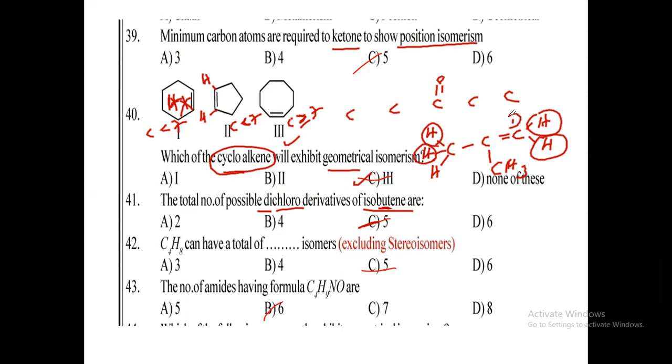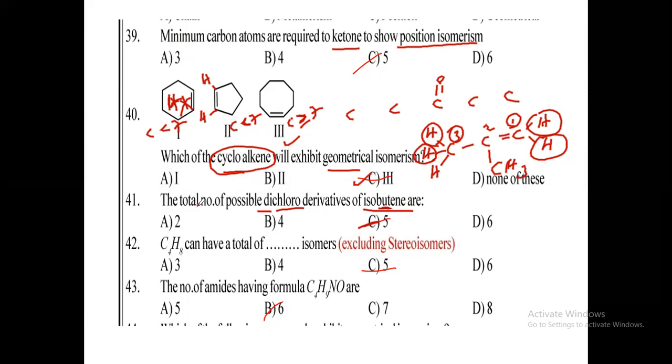Because number 1 carbon will be this one. Number 1, number 2, number 3 suppose. 3 carbon atoms in the parent chain, and 3,3-dichloro, 1,1-dichloro. After that, around the double bond, cis and trans will be possible now. So like this, all types we have to take. All types of isomerism means here geometrical,